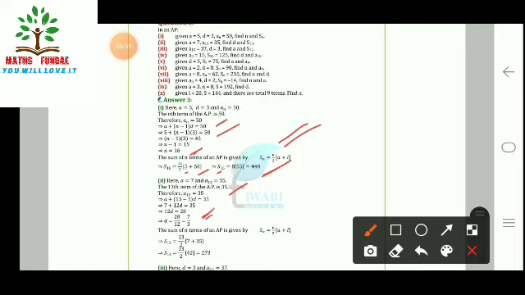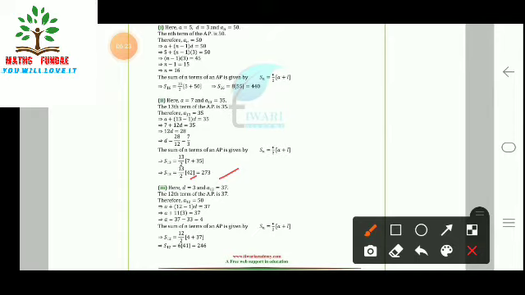Now again, since we have to find the sum, as we know the formula, Sn is equal to n upon 2 (a plus l). So putting the values here, S13 will be 13 upon 2 into (7 plus 35). On solving this, the answer is 273. Answer is 273. So moving towards the third part.